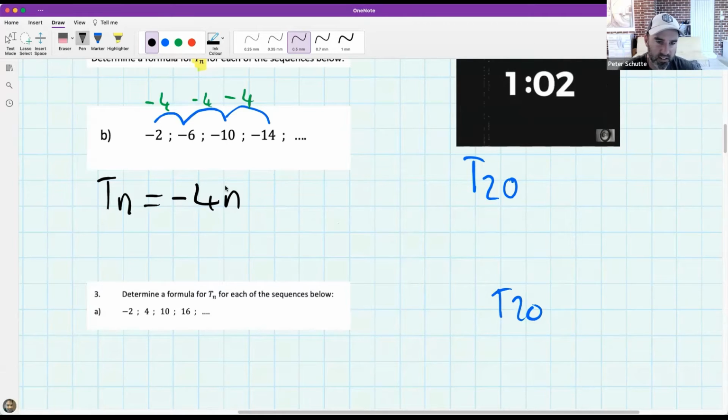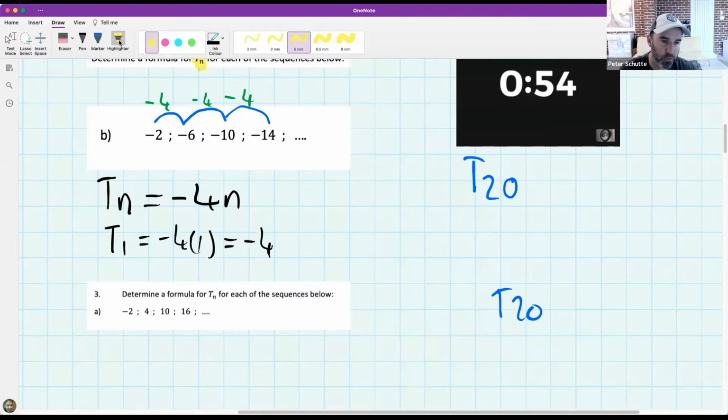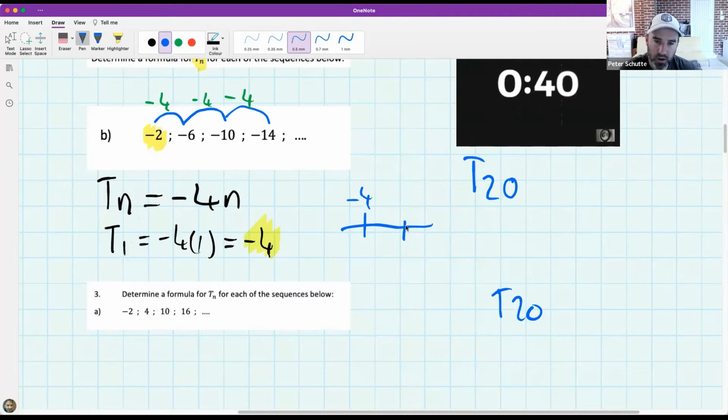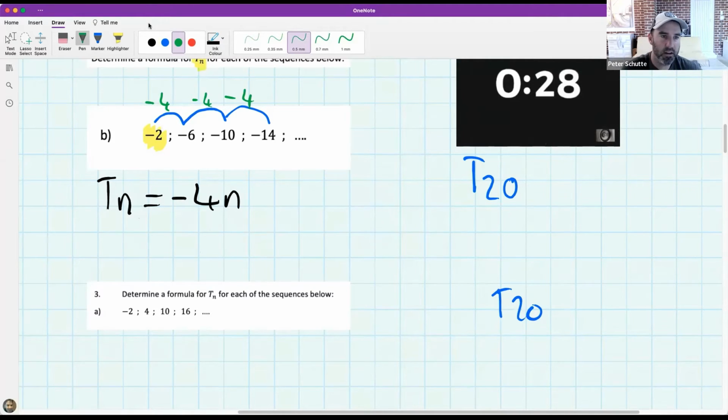So the answer here is going to be, at the moment, I'm at negative 4. So if I put in 1 into my formula, I get to negative 4. And what I really want to be at is negative 2. So I actually need to go up by 2. Think about it. It's a bit weird, actually, but it's true. You're at negative 4 and you want to get up to negative 2. So you need to go up by 2 units. And so the correct answer is going to be negative 4n plus 2. So that is going to be the correct formula